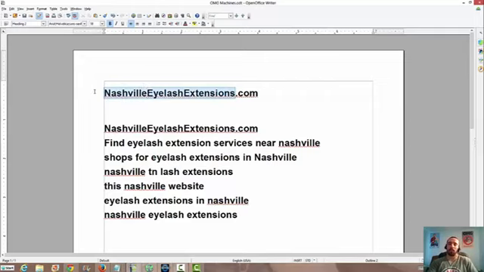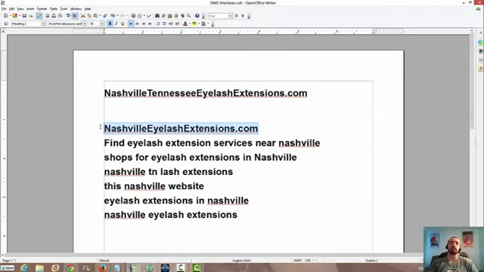It's 3 words, which is like that borderline mark of where you have to be very careful. If it was 4 words, I would have to be even more careful. If I was going after like Nashville, Tennessee eyelash extensions, and this was my main keyword I wanted, I'd have to be very, very careful here. It would take even more of stuff like this and branded anchor text to kind of make sure I stay